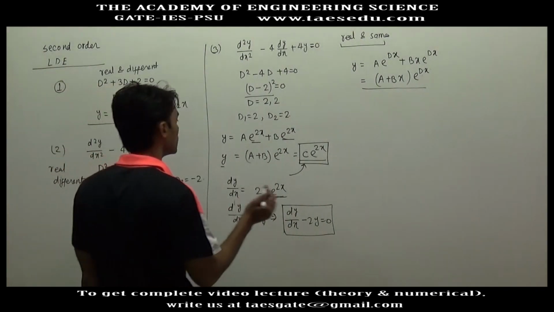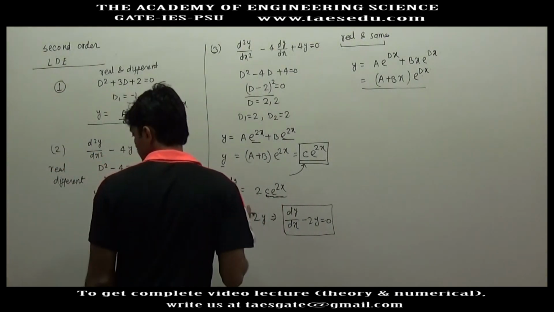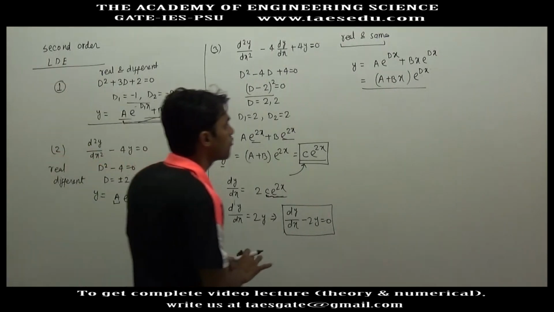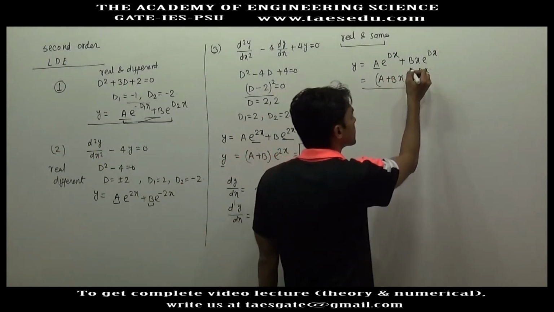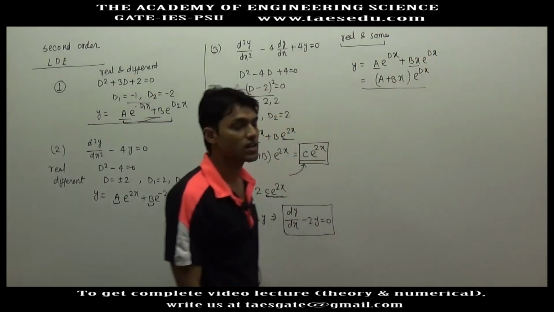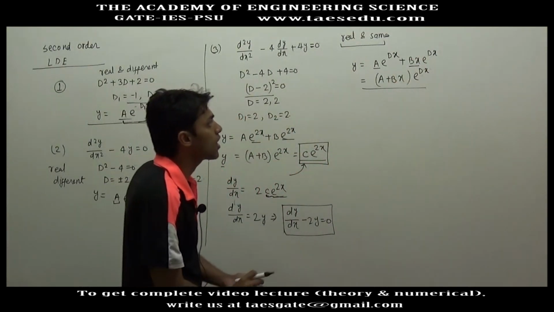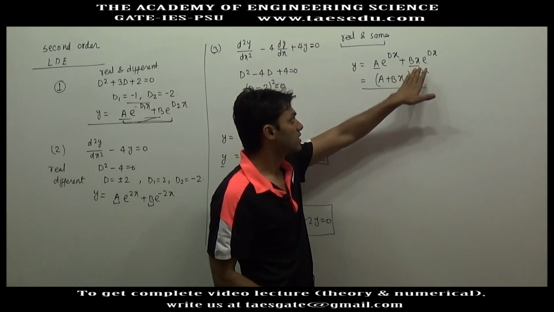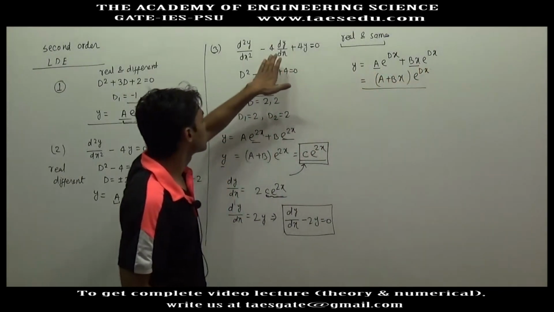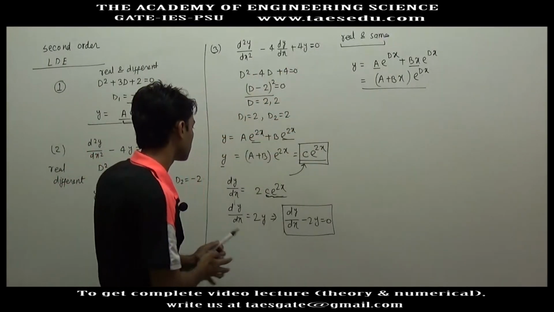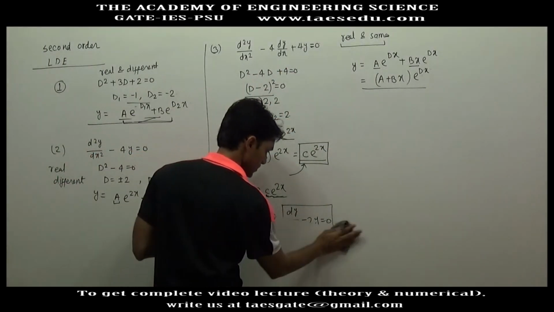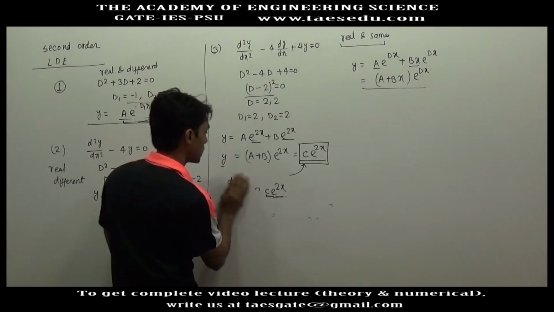What we will do in case of Laplace: at the first place we are getting a constant, and in the second place we are getting a constant multiplied by x. So how are we getting this x? If you solve this equation using Laplace, you will observe this. So let us do it by Laplace.